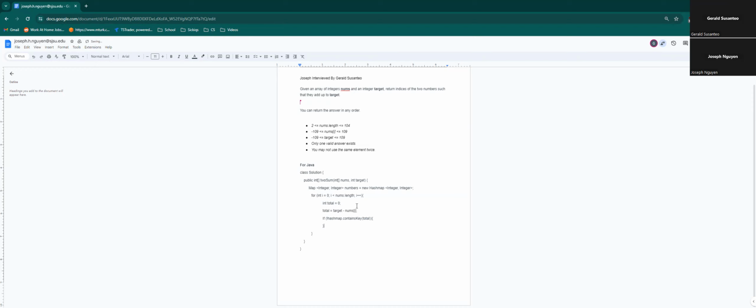So if the total key is not contained in the hash map, I'm just going to add to the hash map nums[i], and else, if the total is found in the hash map,